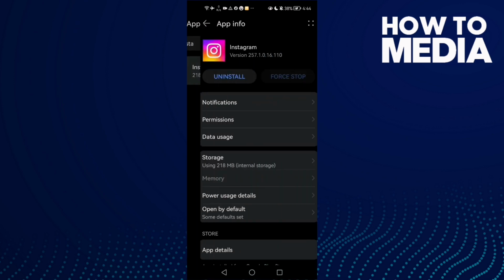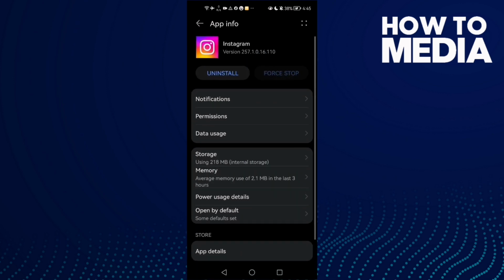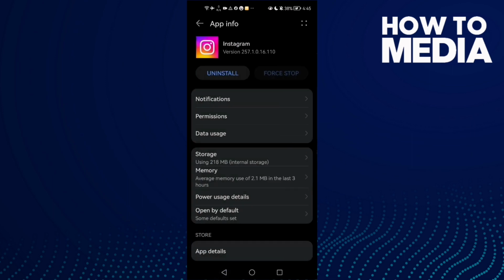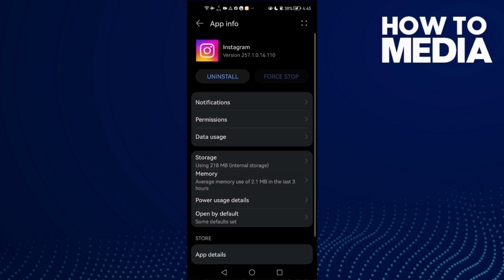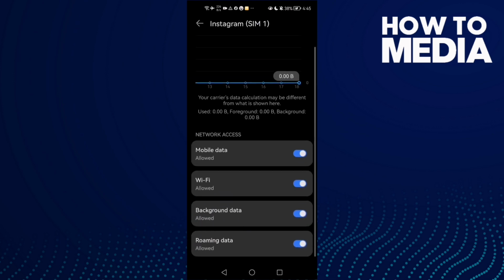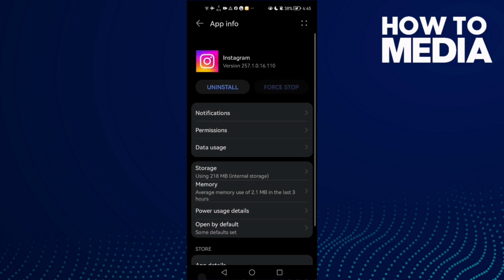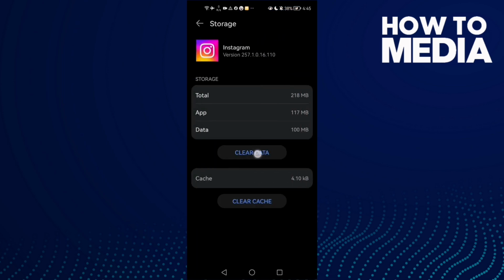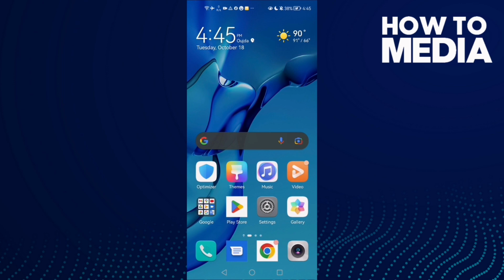here Instagram, click force stop, and now storage, clear cache, and you can also clear data if you want, and then just go to data usage, and then check this one here, Wi-Fi. Maybe you will find it like that, and that's it. It's easy. And if that doesn't fix your problem, go back to storage and clear data, and then your problem